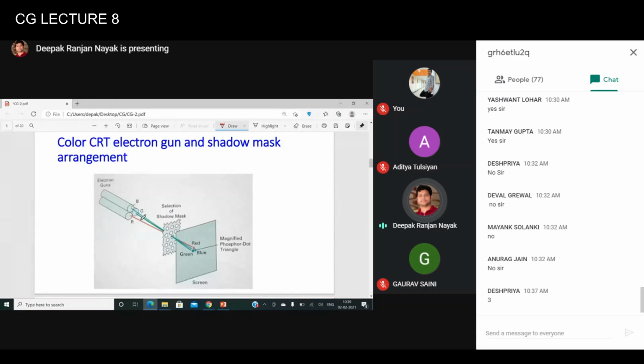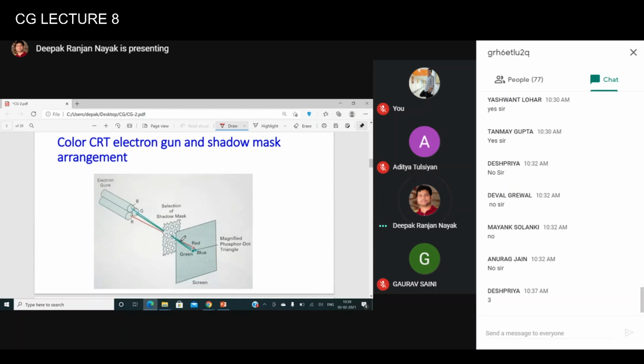So here it is written that this one represents blue, this one represents green, and this one represents red. And red is clearly visible. If you can see, these electron beams are coming together from 3 different electron guns and pass through something called a shadow mask, and here it converges, and finally you will get 3 phosphor dots on the screen at every pixel position, and then you will get the color pictures. Okay, so at this one particular position you will get 3 color dots on the screen, right?